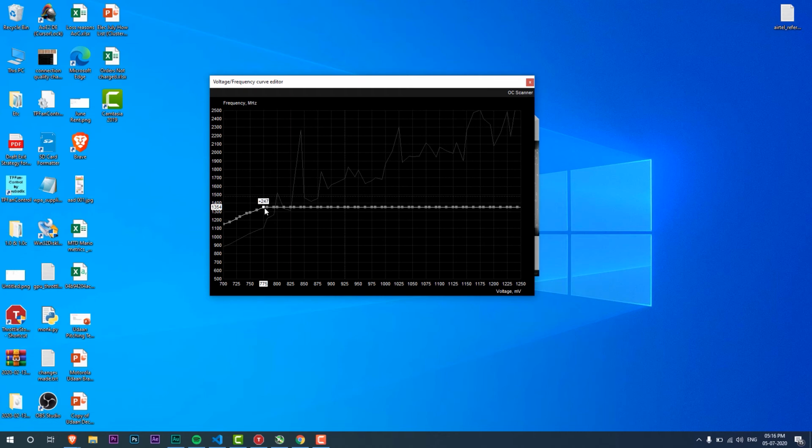So in every game I play, my frequency stays at 1354 megahertz at 775 millivolts without affecting my frame rates at all. But the temperature has reduced from 75 degrees on the GPU to close to just 55 degrees. So that's another 20 degrees of temperature drop that I've been able to achieve. Your mileage may vary depending on your GPU build and your laptop thermals, but you should see a significant drop of at least 7 to 8 degrees Celsius once you do this step.